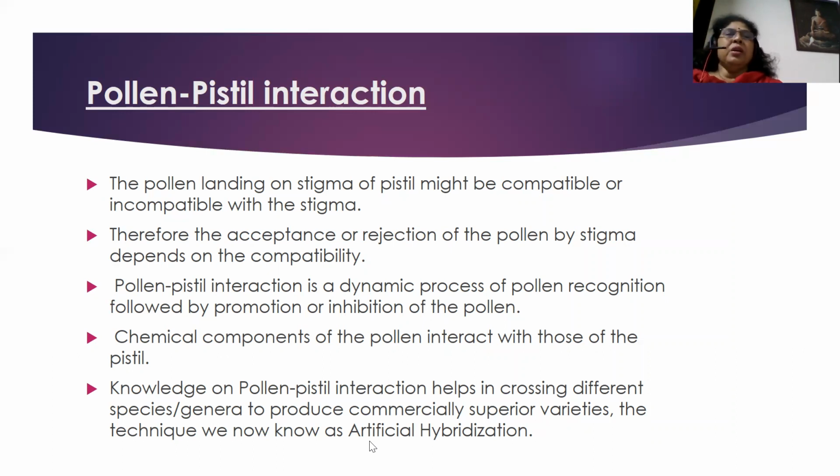And there is some chemical released by the stigma or the pollen grain, which actually we still don't know, due to which it recognizes the pollen grains or rejects them. Because once we come to know about it, it will be very helpful for us to prepare hybrids. And obviously, it will be helpful in the artificial hybridization process. We could prepare hybrids more easily.